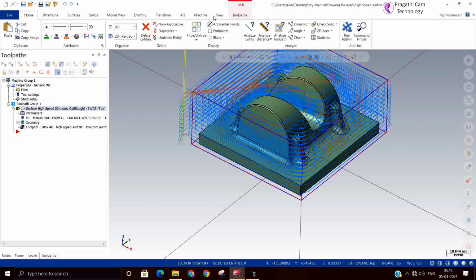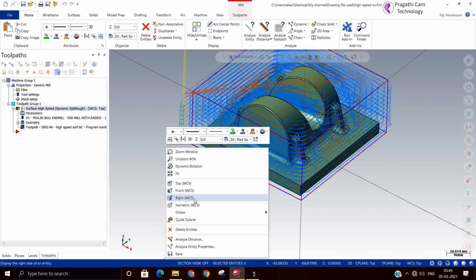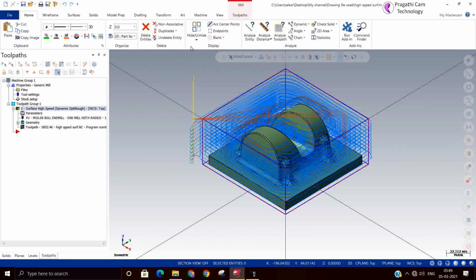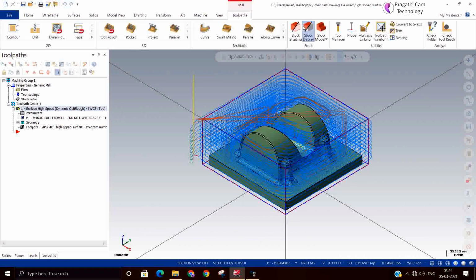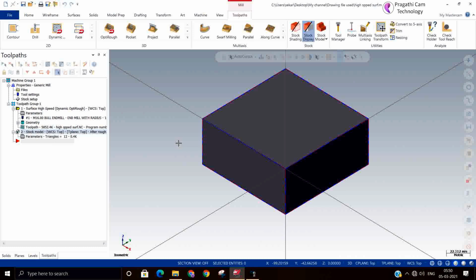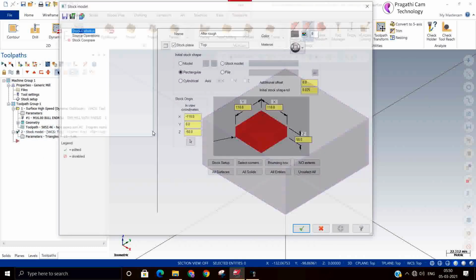I'll generate one stock model here. Initial stock, I'll accept the previous one, and the new stock name is after rough. Oh, sorry, source operation I have not selected. And regenerate.